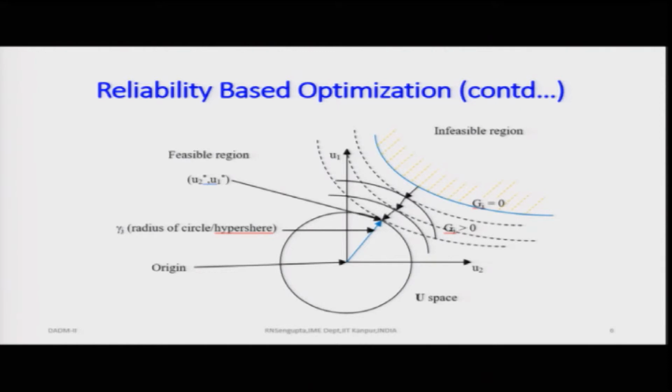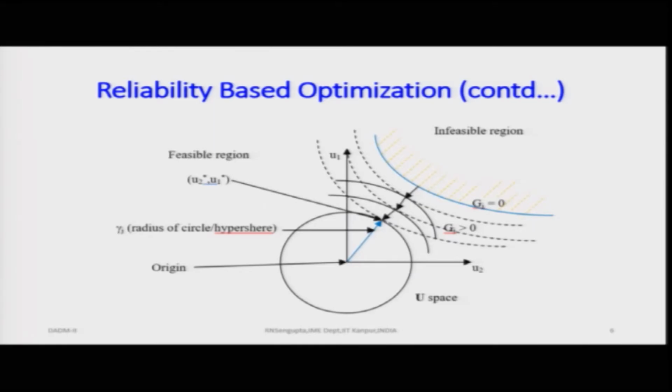Now, here is the background of the diagram for how the PMA and the RIA are solved. I am only considering the normal distribution, because the normal distribution is easy for us to explain intuitively, graph wise as well as solution wise, and this can be extended for the higher dimension also for the normal case, for the case when the variances are different, and for the case where the distributions are not normal. So, let me come to the PMA and the RIA approach. Both the concepts are subsumed in the same diagram.